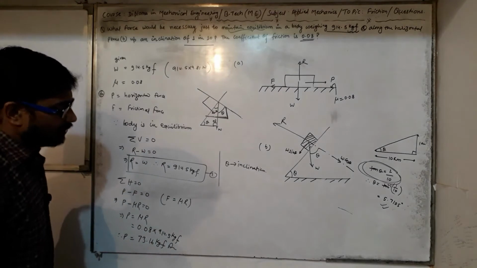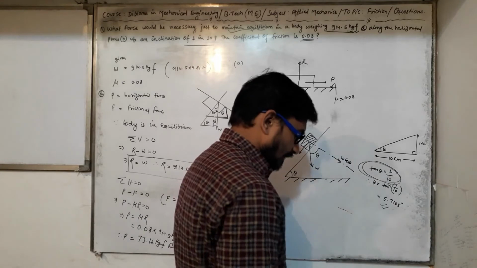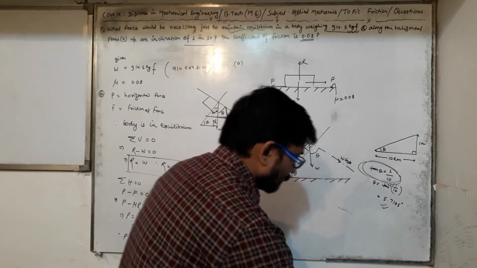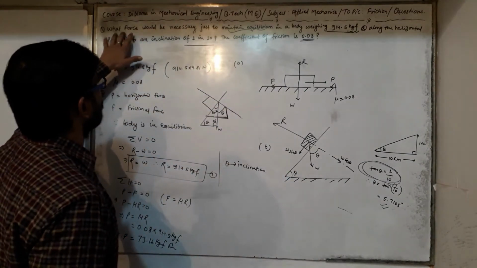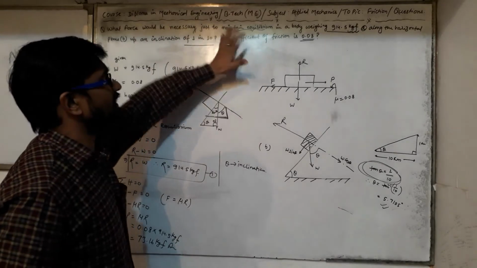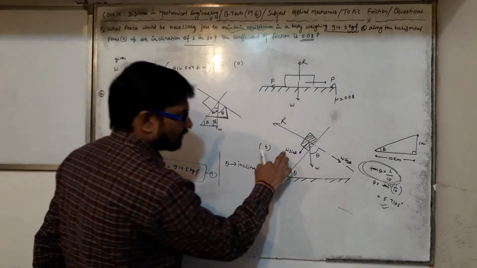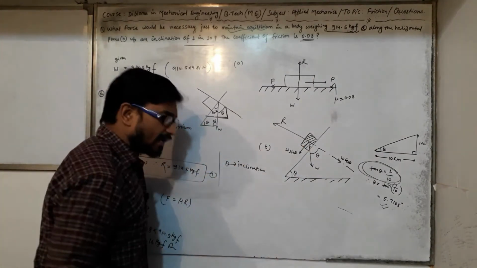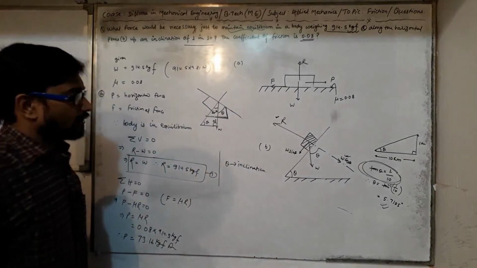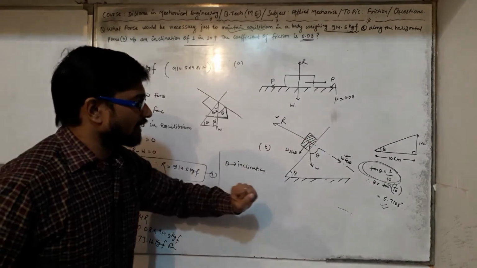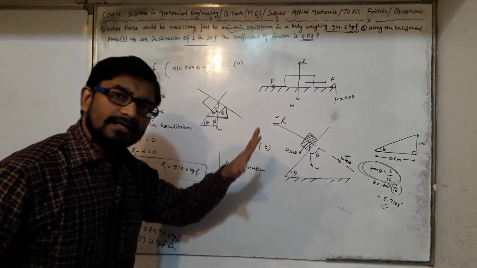Okay, now W sin theta and W cos theta are the components of W which must be taken into consideration. And now P is also acting, because the question says what force would be necessary just to maintain equilibrium. Since the body is on the inclined plane and W sin theta is acting in the downward direction, R and W cos theta are such that the body is in equilibrium, so R must equal W cos theta, so that the body is vertically in equilibrium.